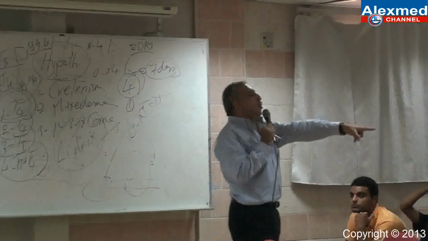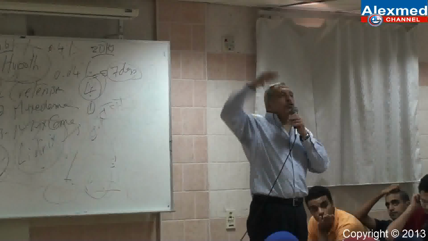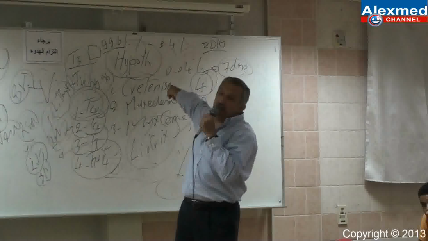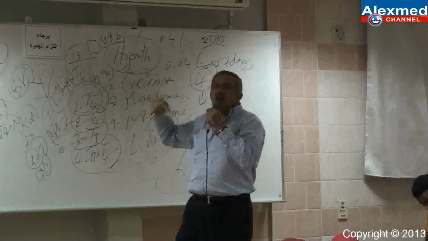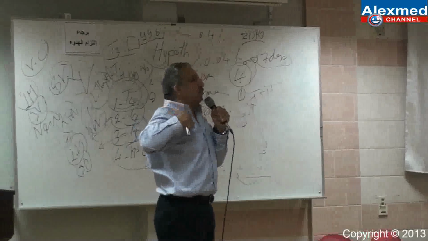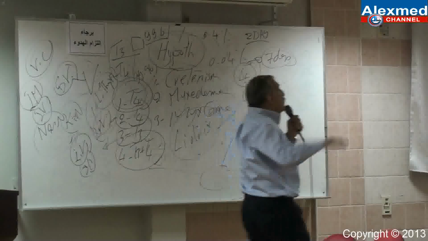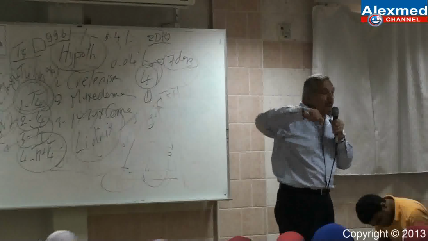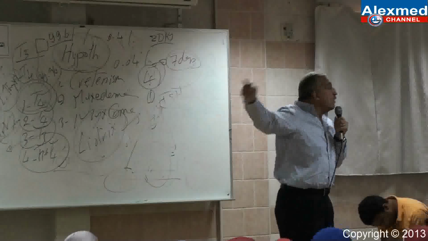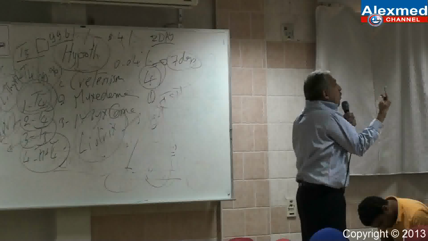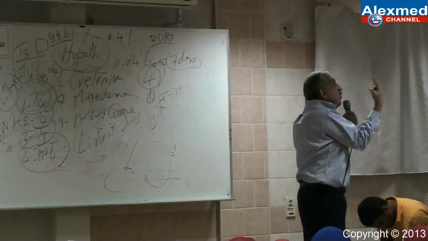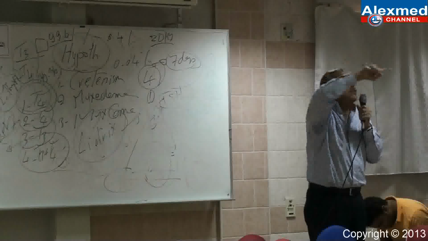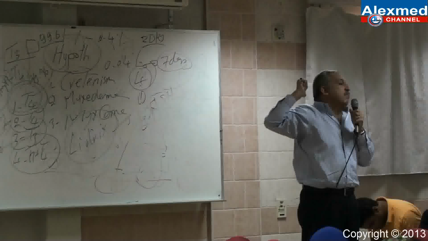Why 7 days to stop? To reduce the plasma level to its half. This is the importance of knowing the T half. I must be on the safe side. He may complain of some hypothyroid symptoms, but it is better to undertreat than overtreat. So I'm going to stop the medication for 7 days, 1 week, and then restart with a lower dose than was given before.